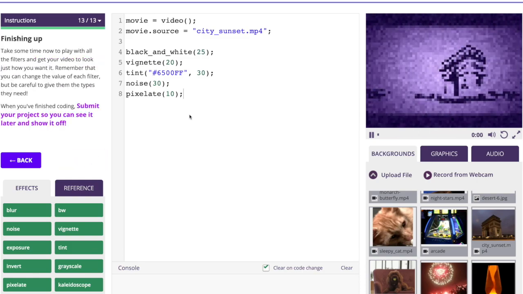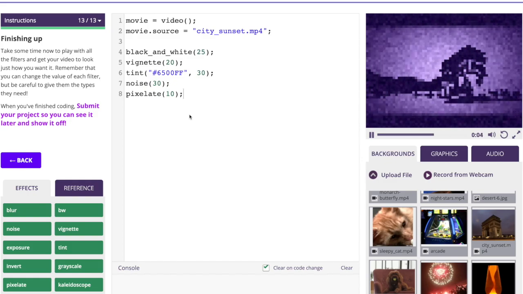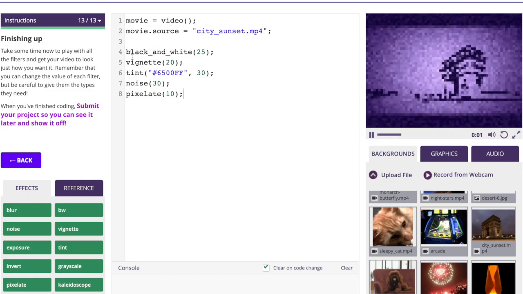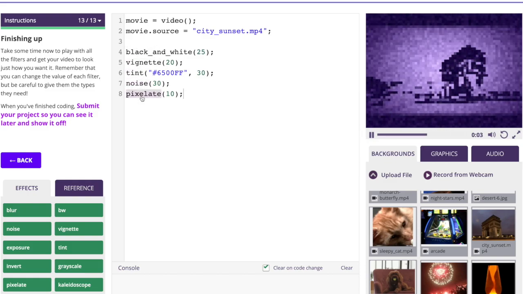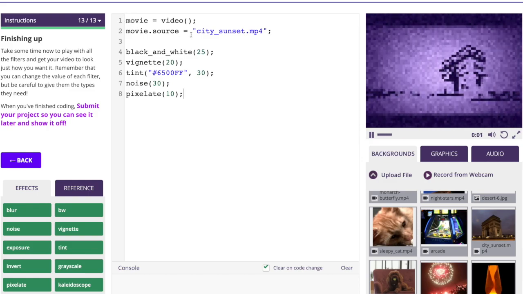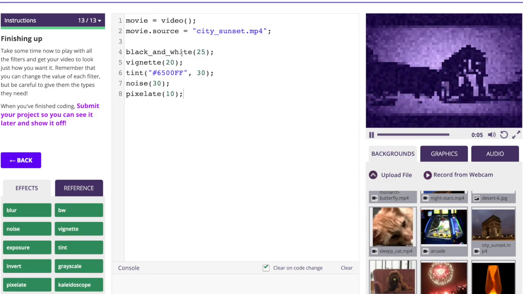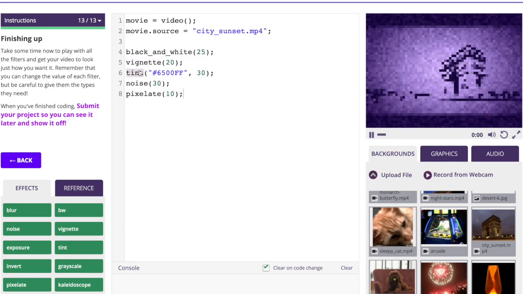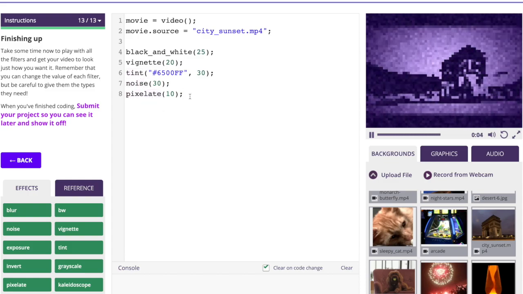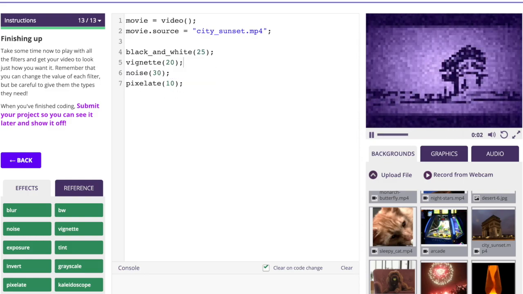The last thing I want to show you is that the order you put your code in matters as well. So this is something called sequencing, and it means that my code is getting read kind of like you would read a book. So the very first thing that's getting read is this movie.source, setting my movie to be a sunset. Then black and white is getting read, then vignette, then tint, then noise, then pixelate. So that means if I move tint, let's say above black and white,